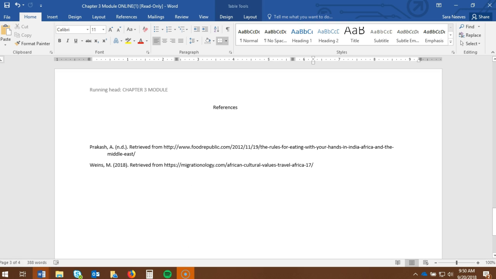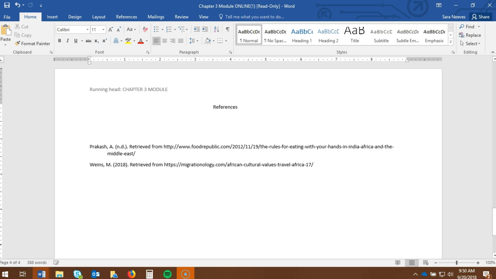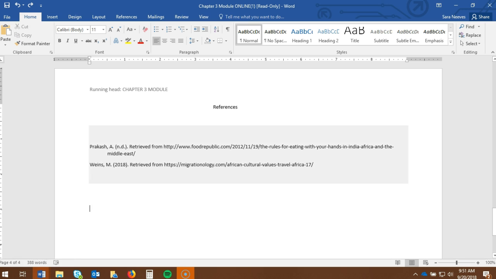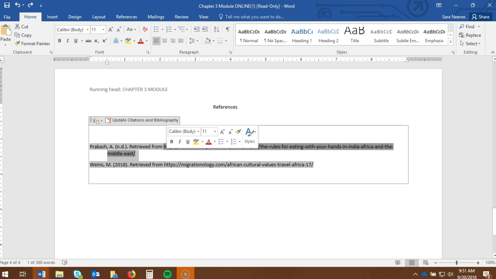Now for the APA list. So in APA, we call our reference list what MLA calls works cited. And so if I was doing MLA, I would have works cited up here. But this person did it correctly and labeled it references. So I'm going to go through and just make some corrections to the reference list. You can see here author last name and then the first initial. It looks like there was no date on this particular article, but I'm going to pull up